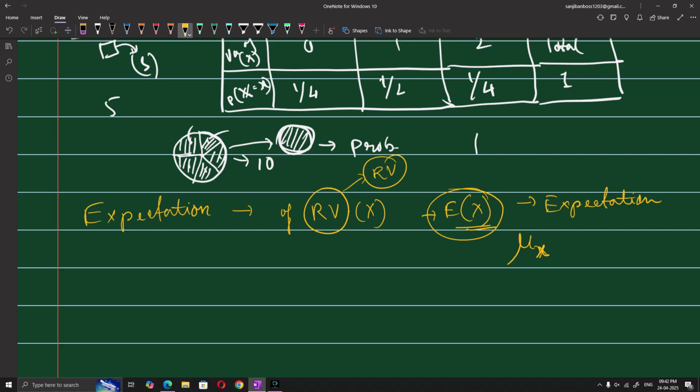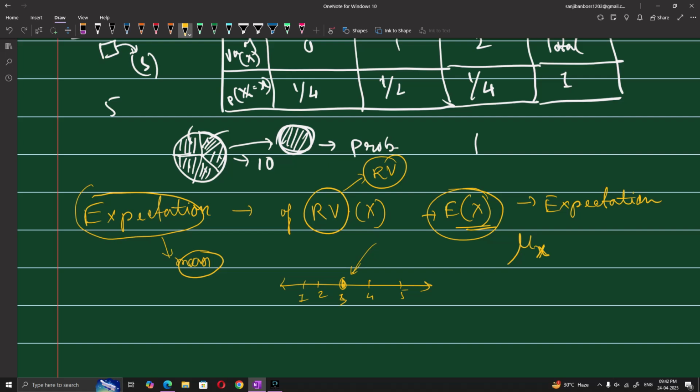and serves as a measure of central tendency of the probability distribution of X. What is this expectation? This expectation is actually nothing but a mean. What is the mean value? If we say 1, 2, 3, 4, 5, this is the mean value. Expectation gives exactly the same value. So